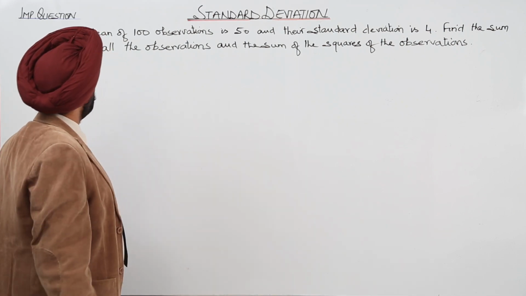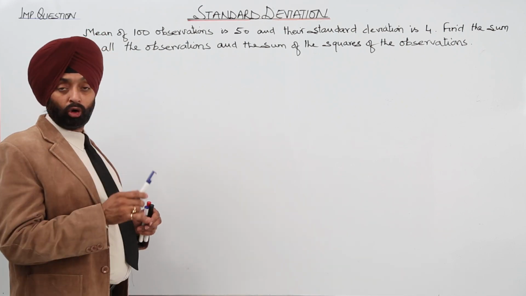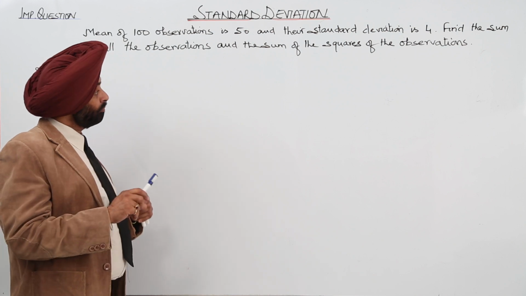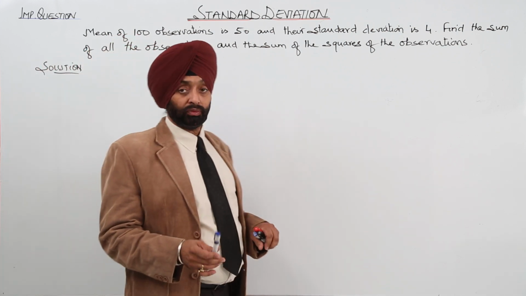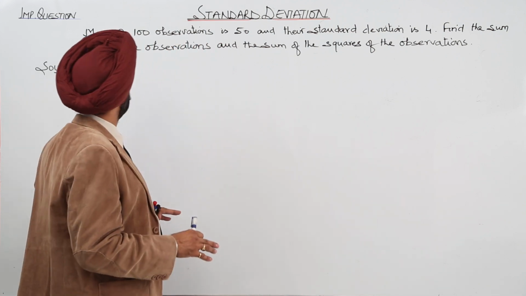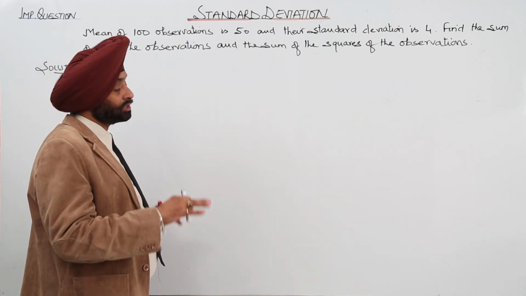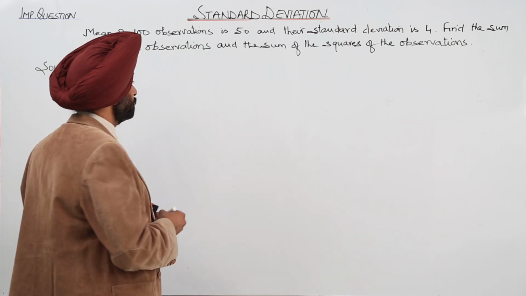Very simple question. Mean of 100 observations is given to be 50. The standard deviation of the 100 observations is given to be 4. We have to find the sum of all the observations and the sum of the squares of all the observations. Okay? Now,